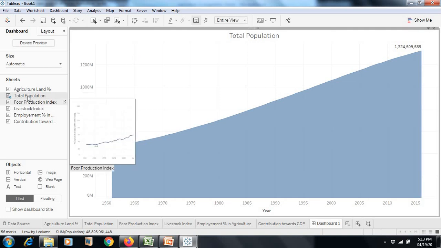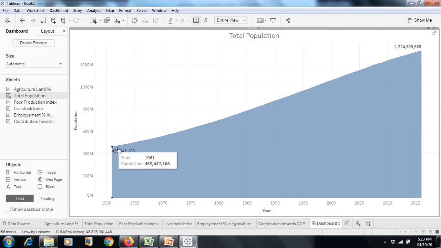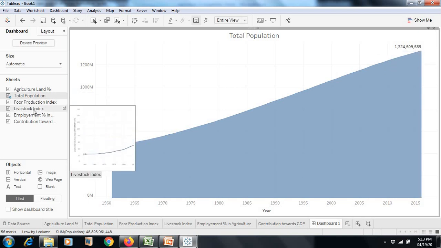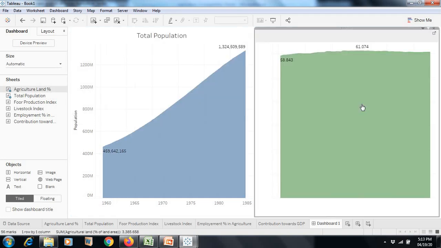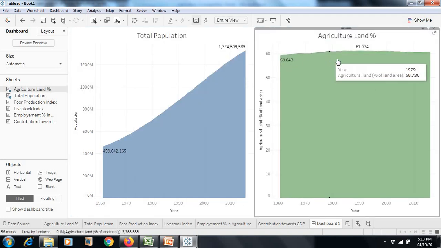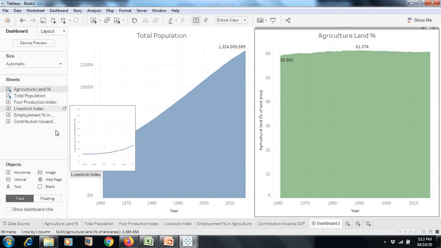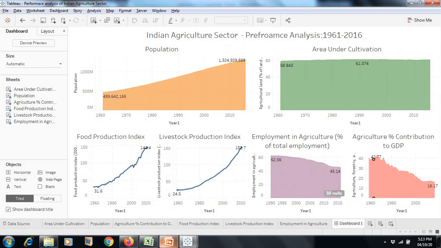It has gone from 45 crores to 132 crores. Next is agriculture land. I want to use it here. This more or less remains stable. Almost around 60% is area under cultivation in India. So we want to go ahead with this kind of view.